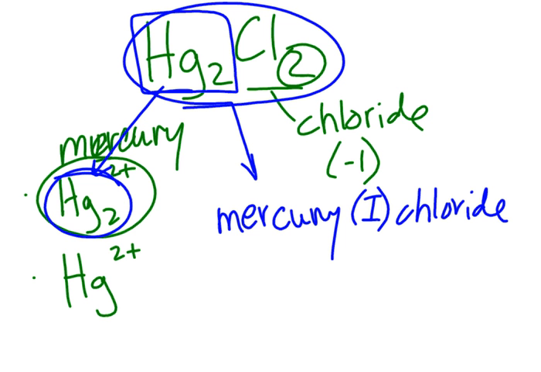If I have Hg2, then that kind of gives it away as the mercury 1 ion. And the other reason why is if I know that it took 2 chlorides in order to cancel out this 2 positive charge, that just reaffirms that it is mercury 1 chloride. Okay, this one's a little tricky, and we'll get some time on it, and I'll explain it again if we need to in class. But just a quick overview, right, is